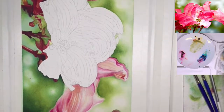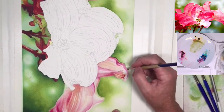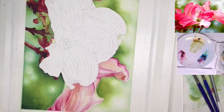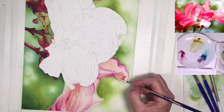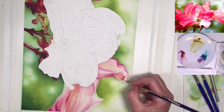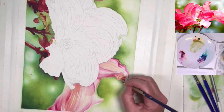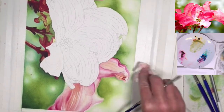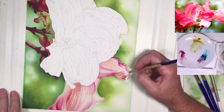See how my background is still staying nice and soft, but I'm blending the edges of these petals out just a little bit, so there's not so much distinction. Just with a very light touch. Let's see, and then...